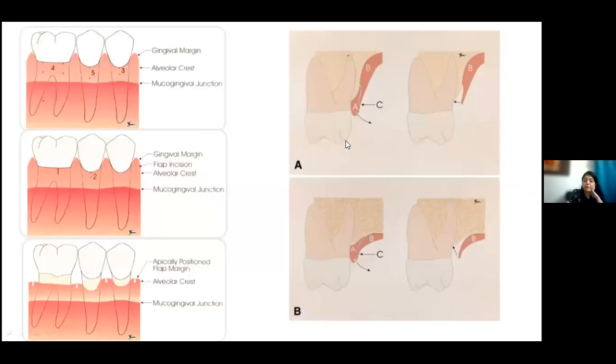So the placement of the incision also depends upon the placement of the gingival margin, the probing depth, and whether there is recession. From there only you open the flap. If you have an equigingival margin, where the CEJ and gingival margin are matching, then you can give an intrasulcular incision. If it is bulbous, then you give an incision through the gingiva, you cut into the gingiva. Otherwise, you can go through the sulcus.